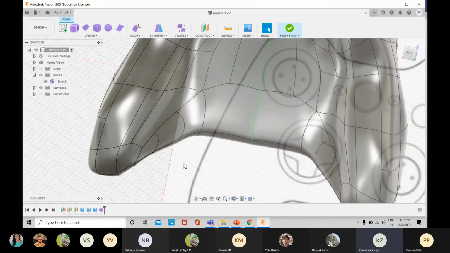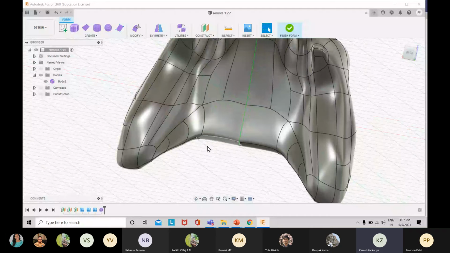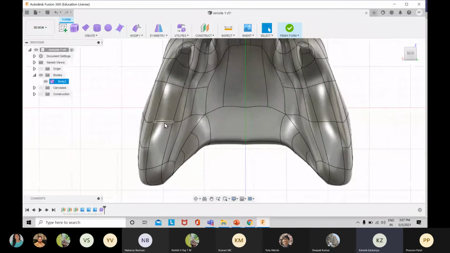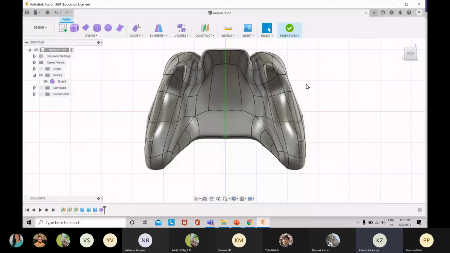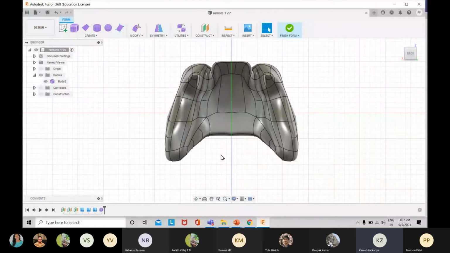Yeah, I think everything depends on how you plan to make it. So you have to understand the form first and really think in the Fusion features way: how can I make this using Fusion, and then plan it right at the very beginning of the form.